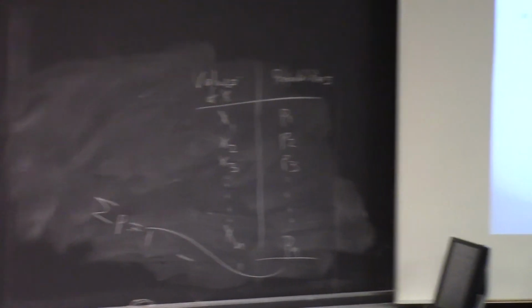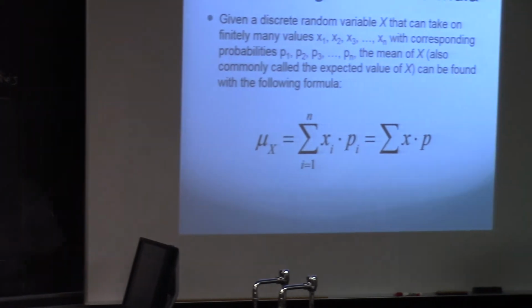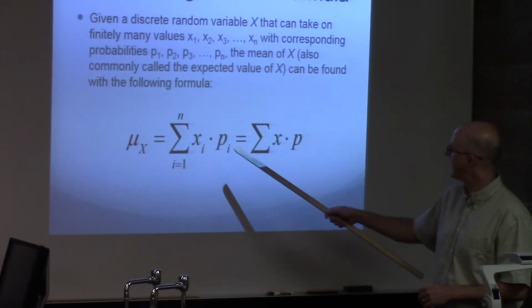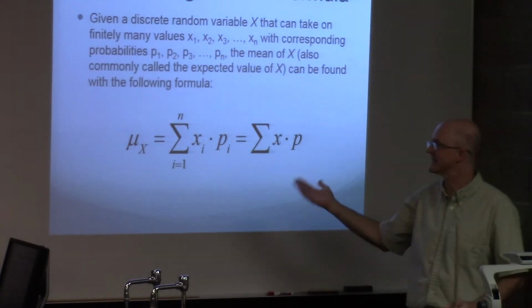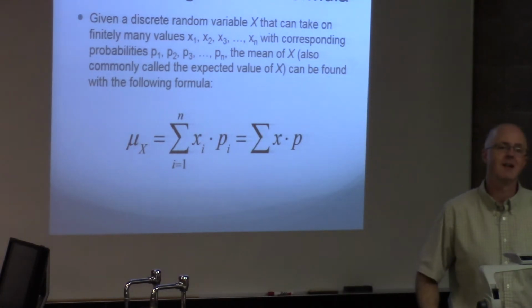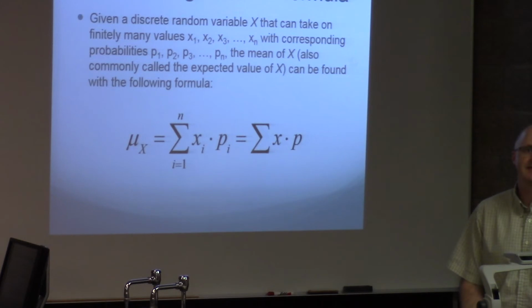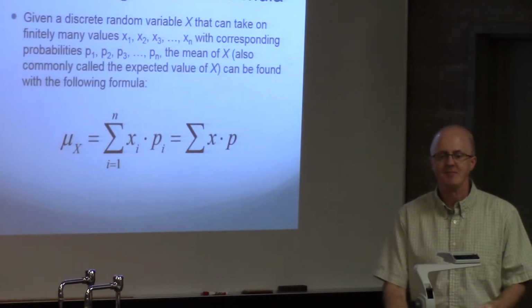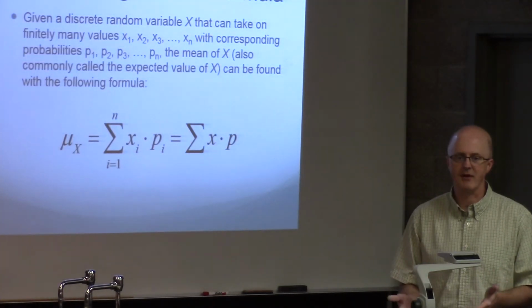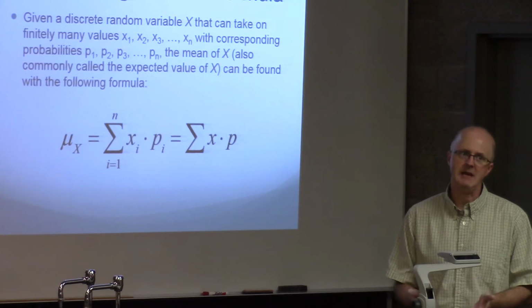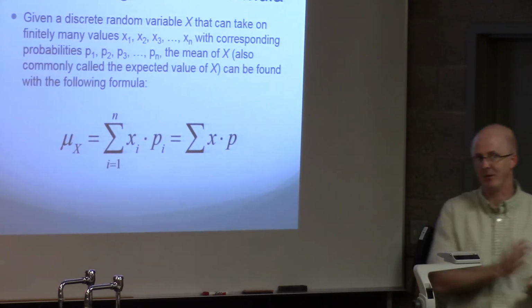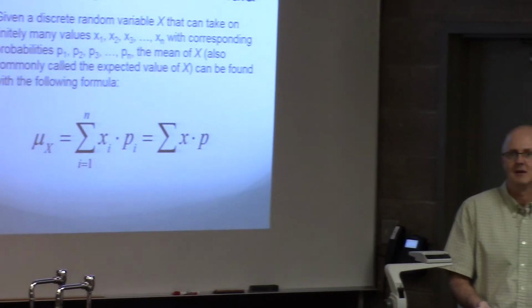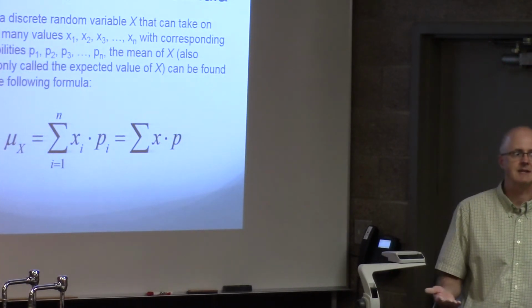Turns out you can find the mean of a random variable with this formula. Add up the products of the values of x times the corresponding probabilities. What does this mean? What does it represent? This is supposed to represent the theoretical mean of the variable, which, if you're doing random sampling, should be well approximated by a sample mean, an x bar value, if you have a large enough sample size for